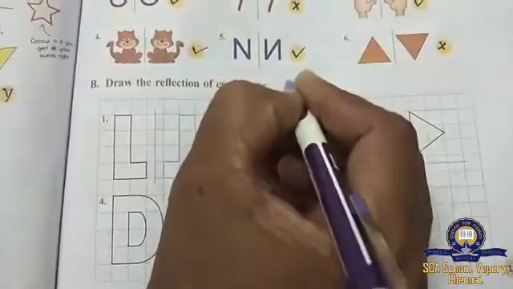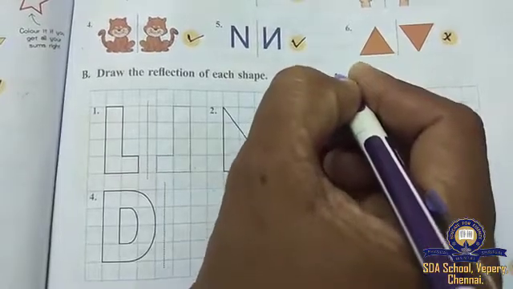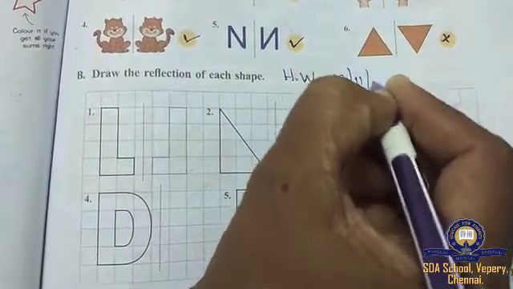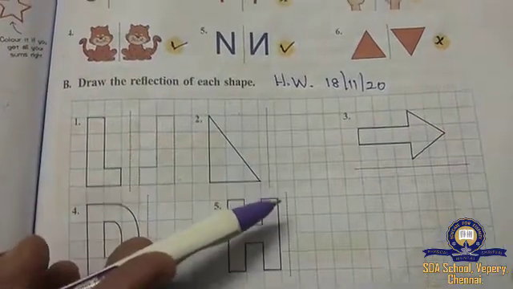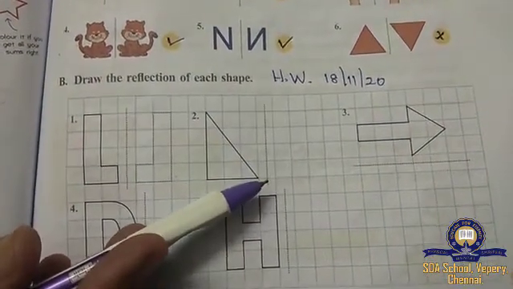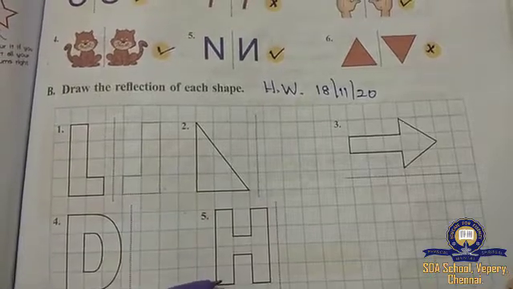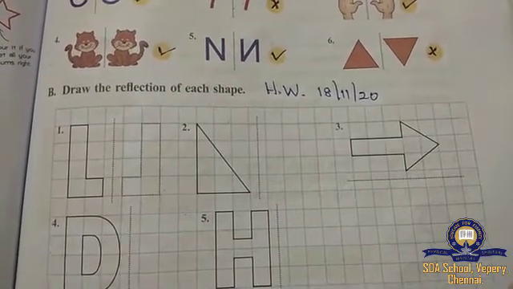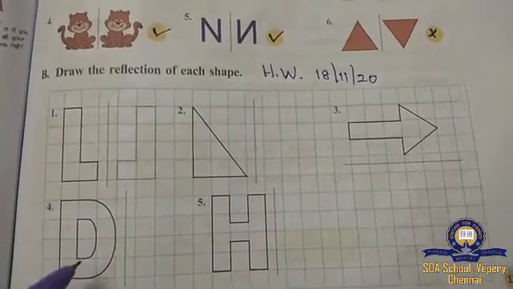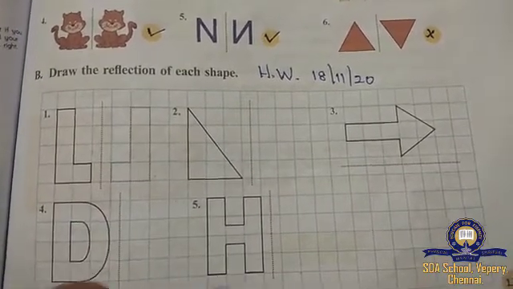Okay, now I'll give this one as homework, so you can do this one. You have to draw the same mirror image. Use pencil to draw, children. Use pencil and you draw. You have to draw for H and all. What it will come as it is only. H as it is only. You can't put this one, isn't it? But for D and all, you have to change. Okay, you draw, you complete it and you send it to my WhatsApp number.